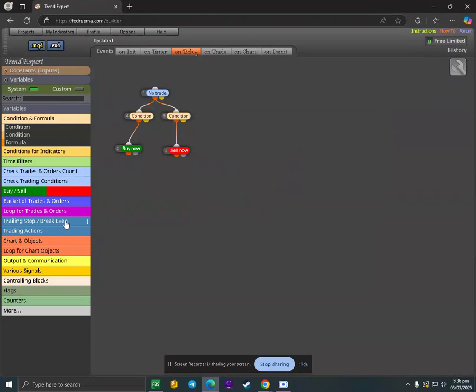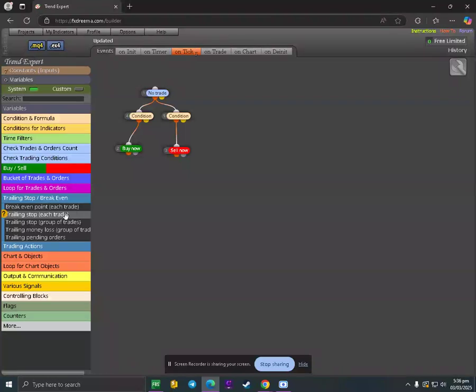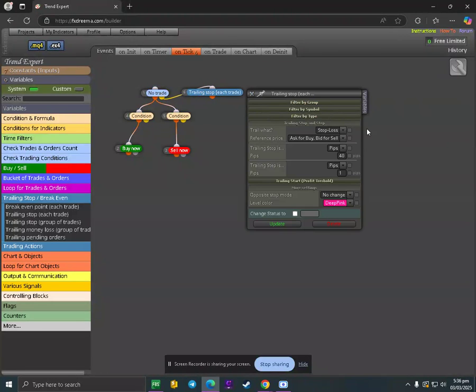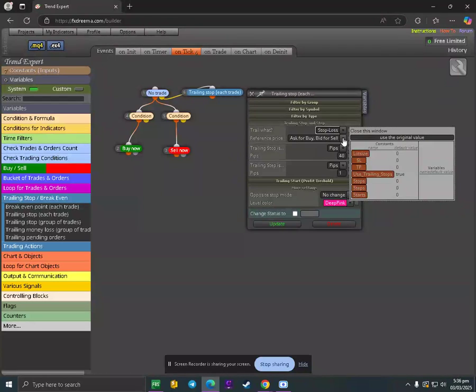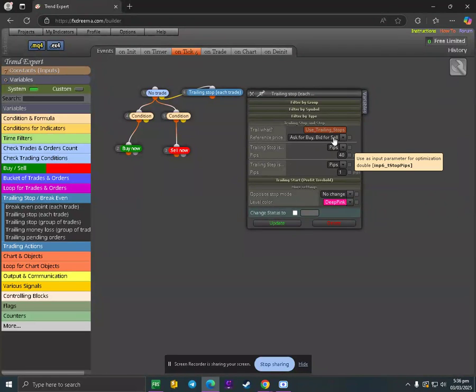For the trailing stop, guys, this is how you put a trailing stop in there. Just like that, it's very simple, guys. Just follow the steps only. Our constants will be put in here, just like that. You just have to select the bid for buy and ask for sell.